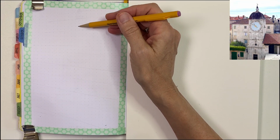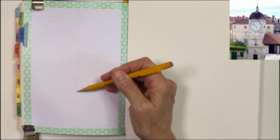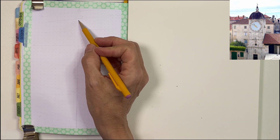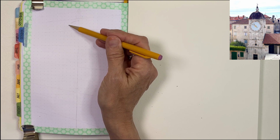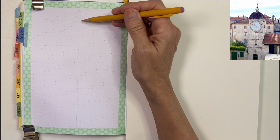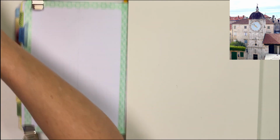So the first thing I'm going to do is draw a straight line down the center of my page, because as you can see from the photo, the clock tower is very symmetrical. And when I'm drawing something symmetrical, it always helps me to have a line down the center of it, and that way I can make sure the two sides match. It's a great tip if you're going to be drawing wine bottles or anything that is the same on both